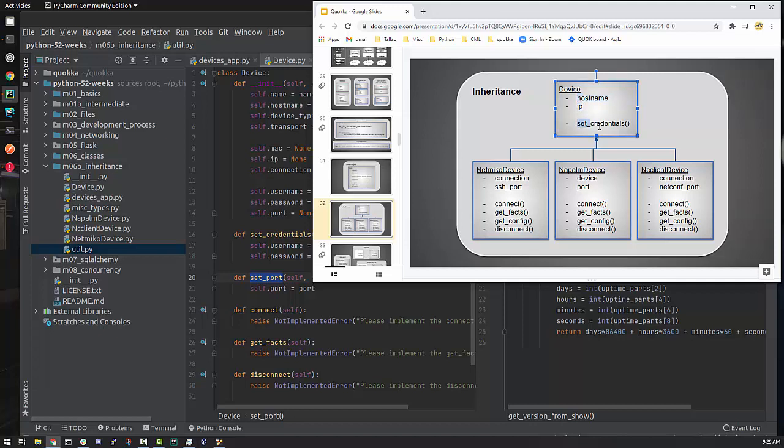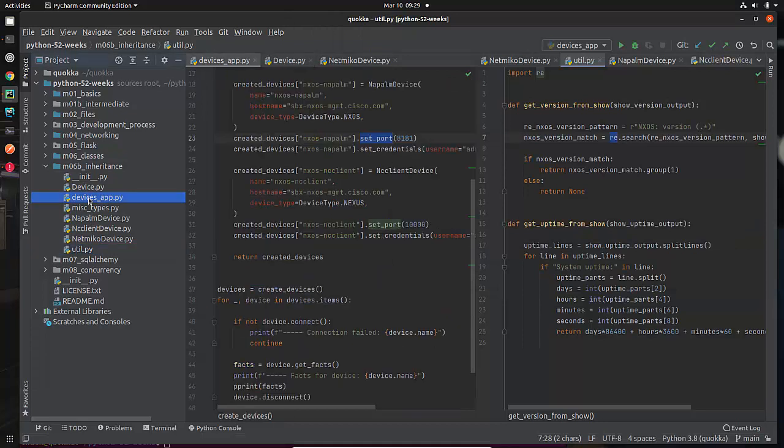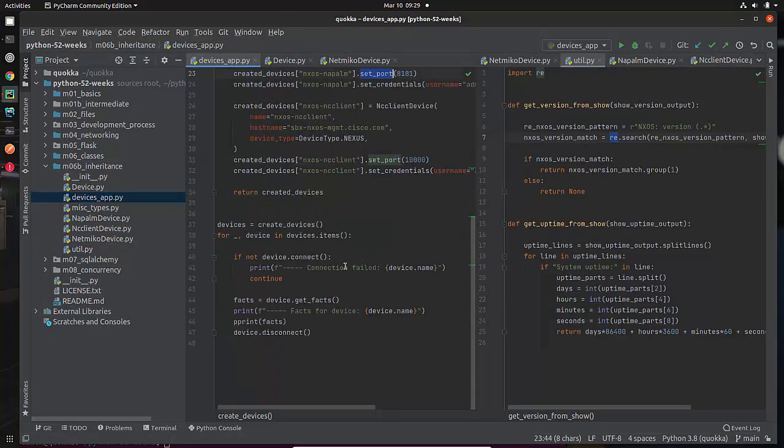And I also can make use of this common set credentials and set port that's common to everybody. But for connect and get fax and disconnect, those are all unique, and so they have separate implementations. And remember, the nice thing is for the guy who gets to use this software that I create, they don't have to know any of those details. We've encapsulated it within these classes, and we've done it in an intelligent, I hope you agree,